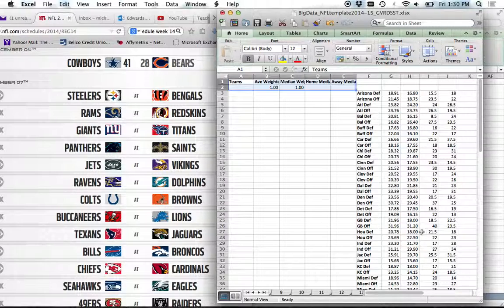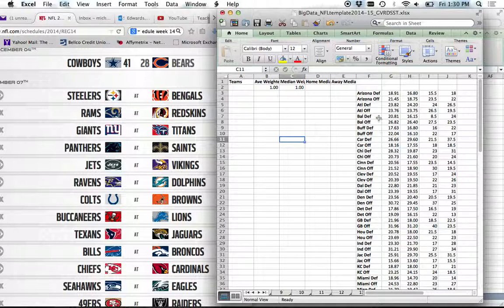So let's do last night's game. If you remember, we did that yesterday, and you're using the new spreadsheet, so we should be okay. What I want to do is for each game put the home team first. So in this case, all of these values on this side, Bears, Bengals, Redskins, Titans, Saints, etc., are going to go first, and then the team they're playing is going to go next. This is going to allow us to keep track of these home versus away games. Trust me, I did it kind of random when I first started doing this, and it totally messed me up. So this is a much easier way to keep track of what's going on.